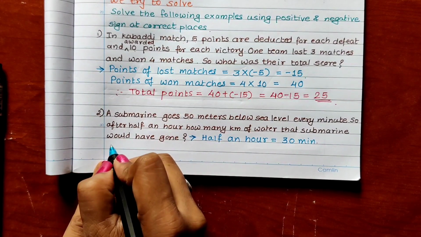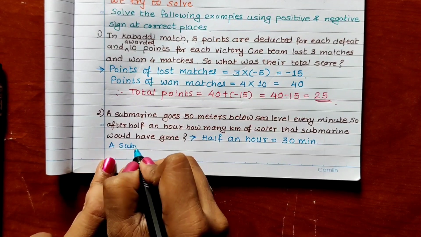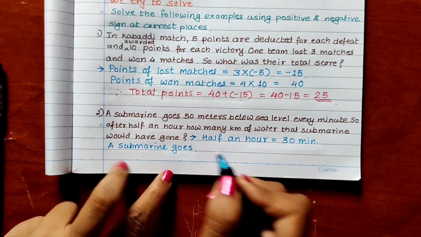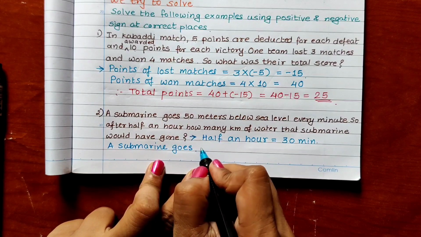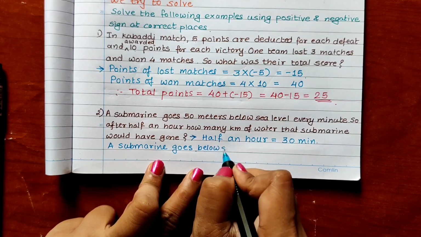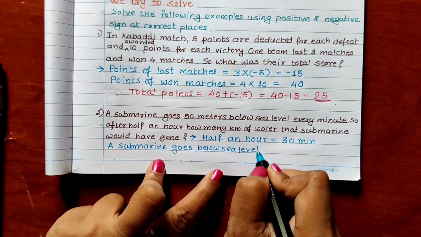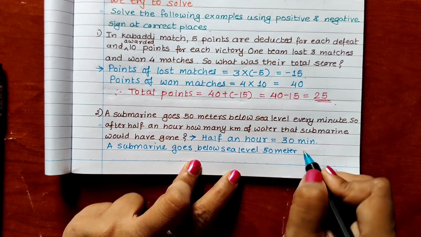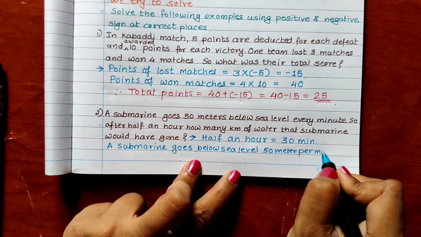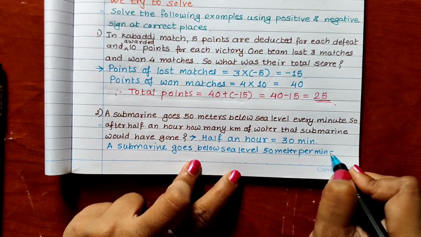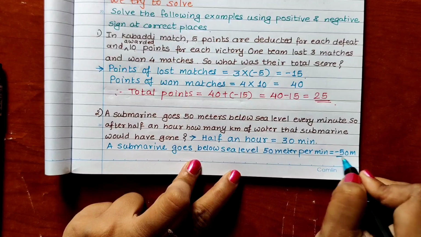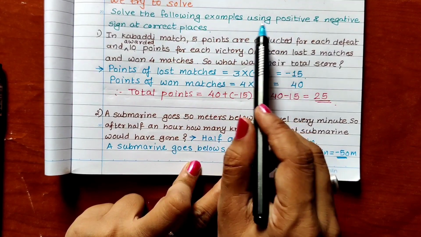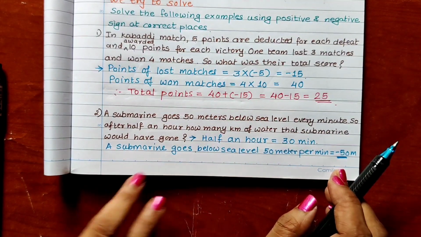So a submarine goes below sea level 50 meters per minute. In 1 minute it goes 50 meters. That means what? Minus 50 meter. As it is going below, it is minus 50. We have to use signs. Here it is given using positive and negative sign. So in half an hour,